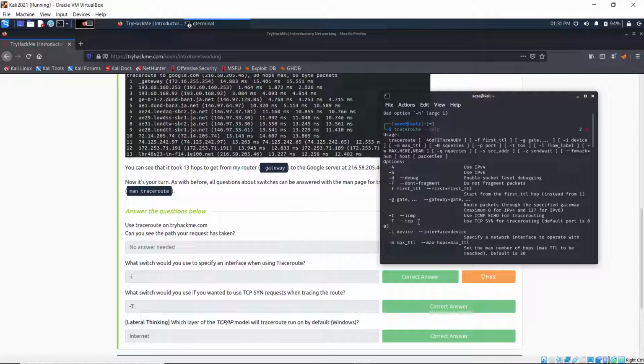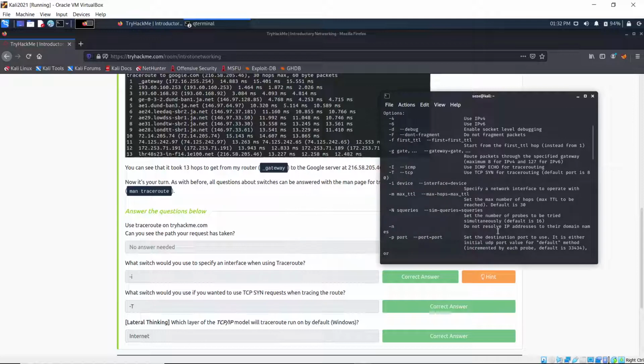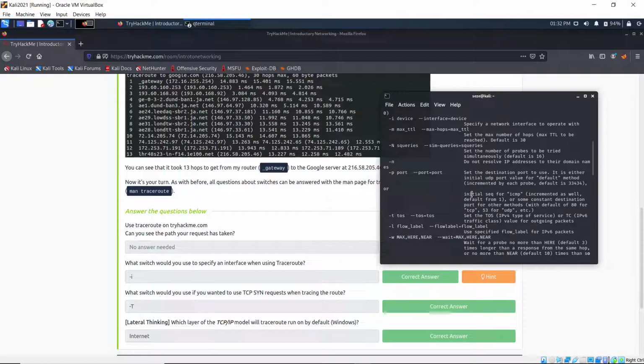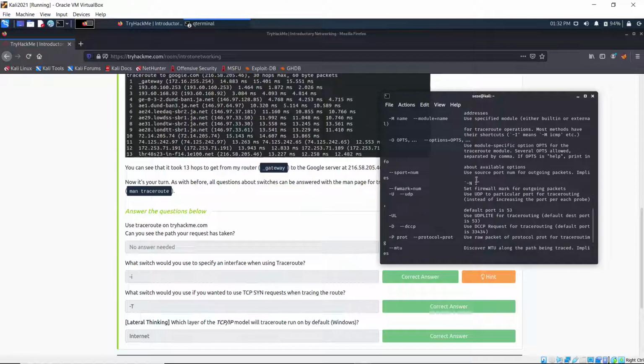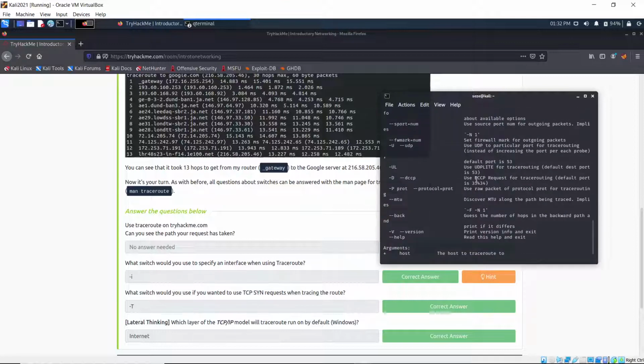If you go through this, you can see the -i flag is used to specify an interface. If you want to use TCP SYN requests, you can also read through this, and you should find it somewhere